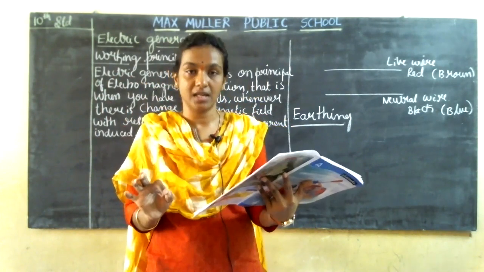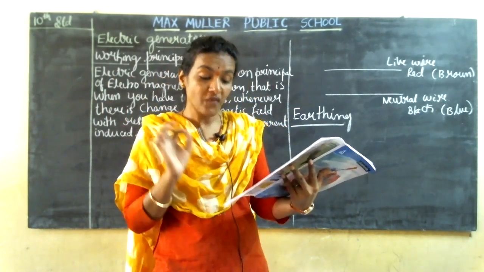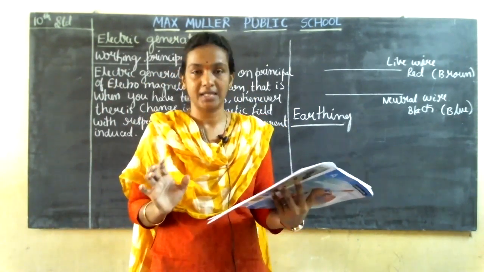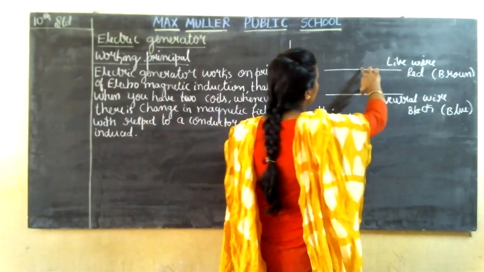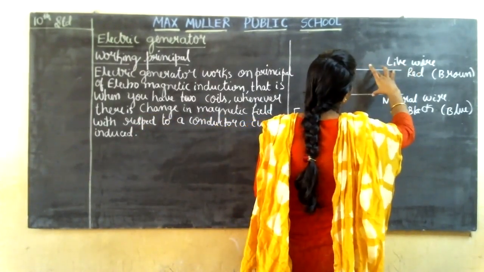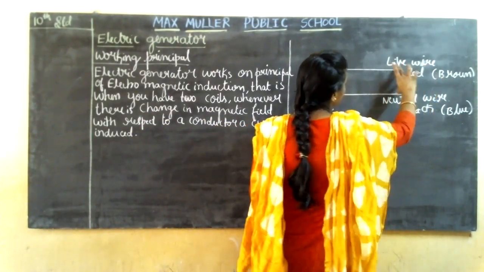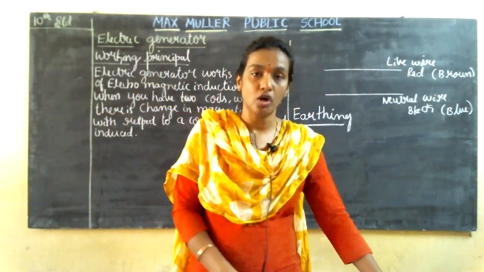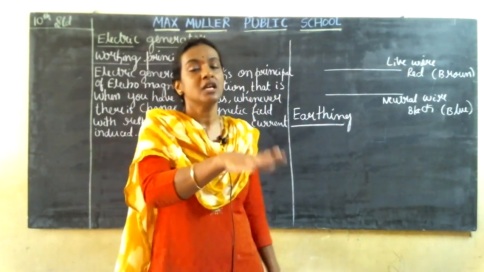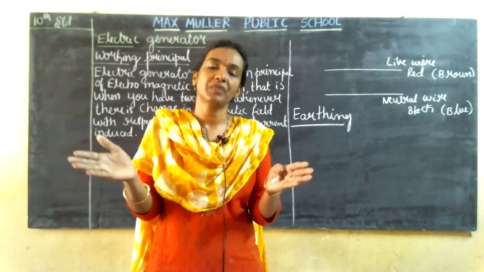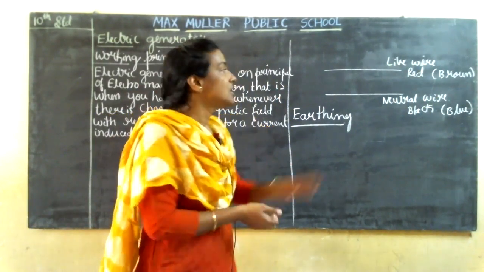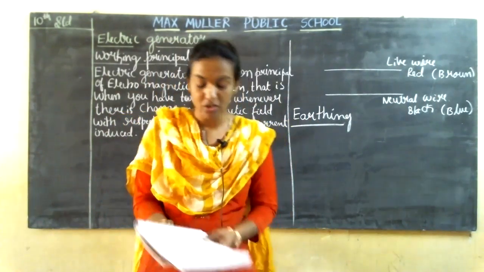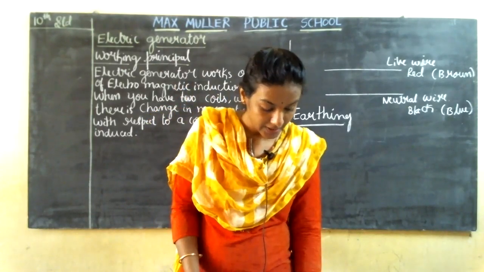Okay, next is short circuit. Short circuit is the flow of a high current in the circuit when the live and neutral wires come in direct contact. The wire which is coming inside the house and the wire which is going outside the house touch each other. When they come into contact with each other, a short circuit happens. Understood, guys? This is about what you need to study in domestic current.